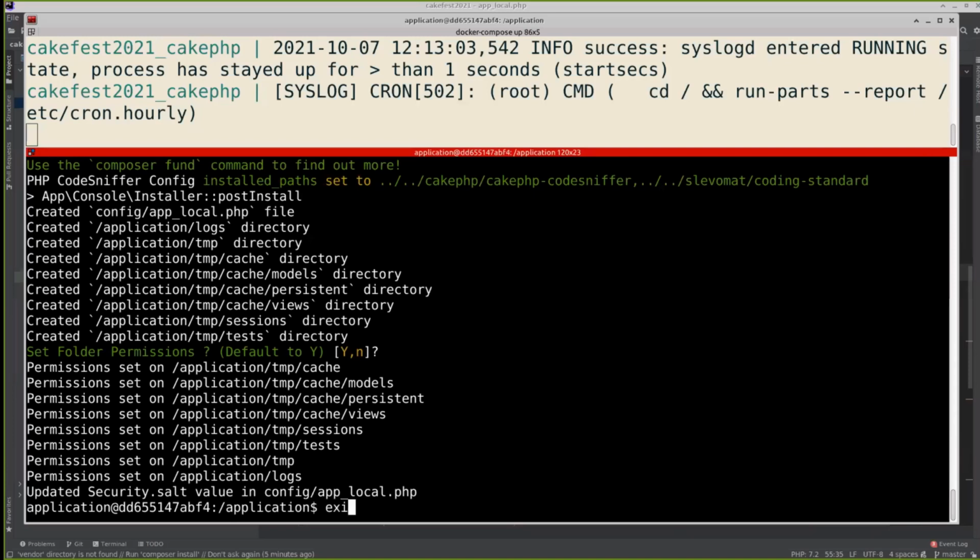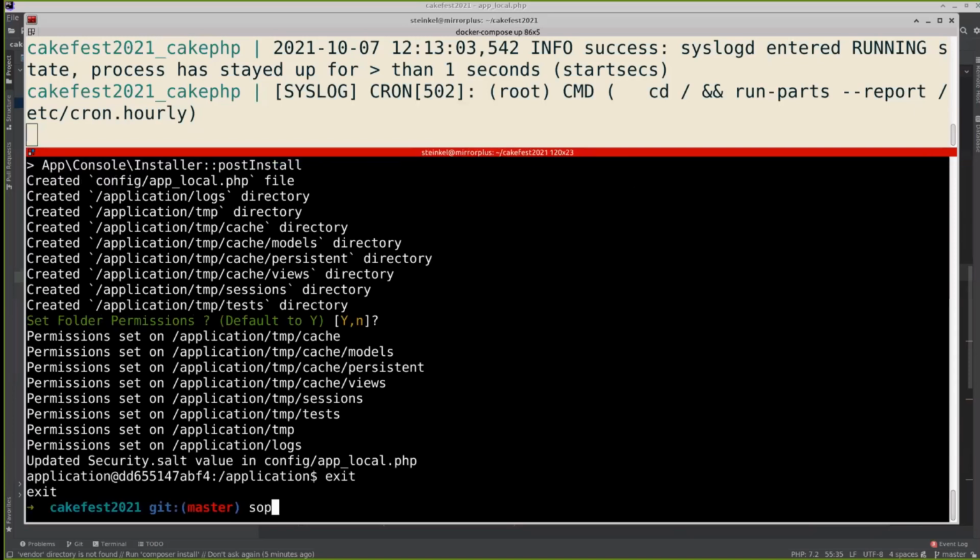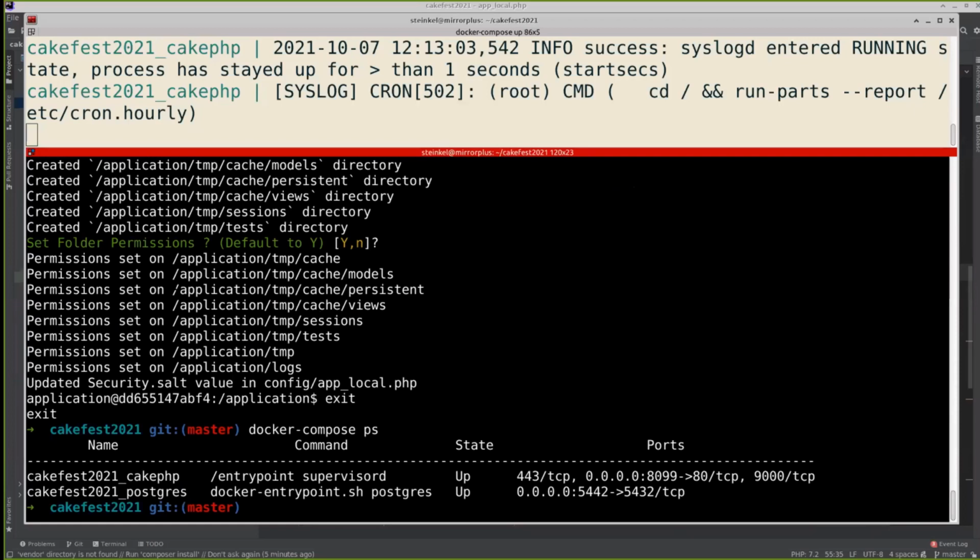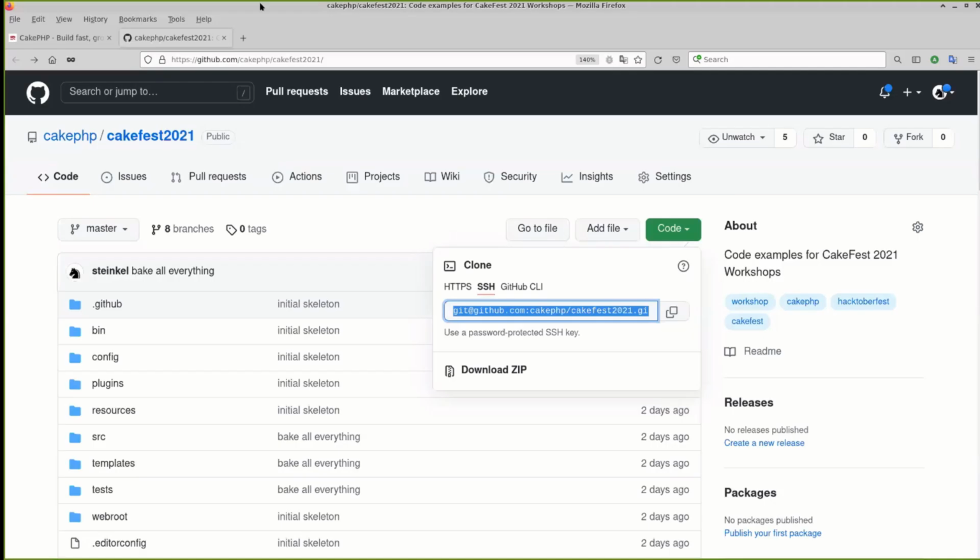You can see all those using docker compose ps like this. You see we have CakePHP, we have Postgres, and these are the ports. These are the ports you're looking for. If you see, we are redirecting port 8099 to 4080. So next thing we can see is our CakePHP application working on localhost